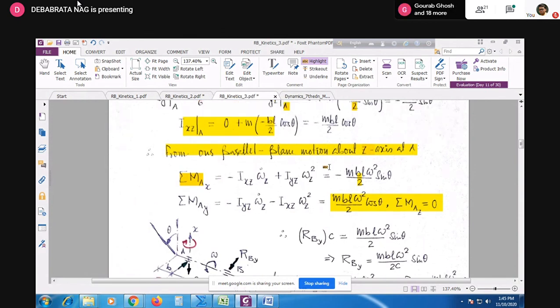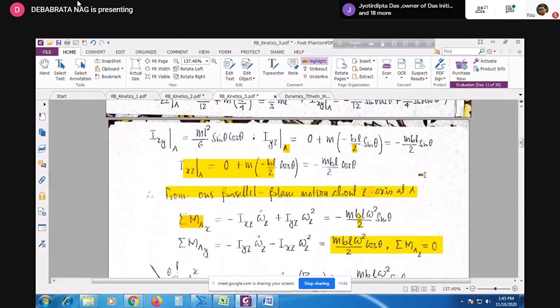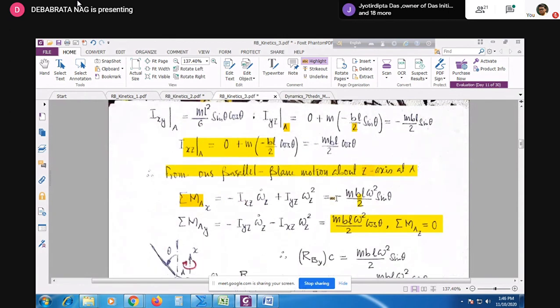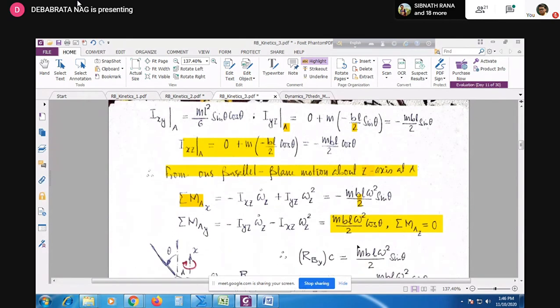Iyz আমরা এই সব অ্যাক্সিস ট্রান্সফরমেশন করে পেয়েছি হচ্ছে -mbl/2 sin theta, so আমরা কি করলাম, summation Mx টাকে I write finally that it is equal to -mbl omega square by 2 sin theta, এই টার্মটাই এখানে জাস্ট একটা ওমেগা স্কয়ার গুণ হয়ে গেল। In a similar manner I require Ixz, that Ixz has already been found to be -mbl/2 cos theta, তাহলে একে omega z square দিয়ে গুণ করে I have this,